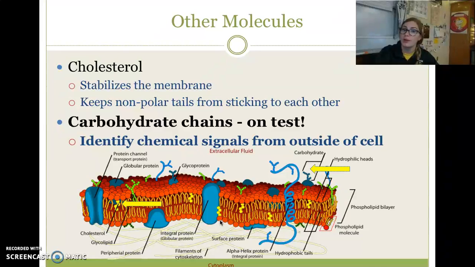And then we also have carbohydrate chains. Go figure, they're on your test. These identify chemical signals from the outside of the cell. So this is actually the inside of the cell, and this is the outside of the cell. We have water on both sides, which is why the hydrophilic heads are going to be on the outsides and on the inside of the cell. But on the outside here, we have these little chains that stick out. These are carbohydrates. And a while ago, I